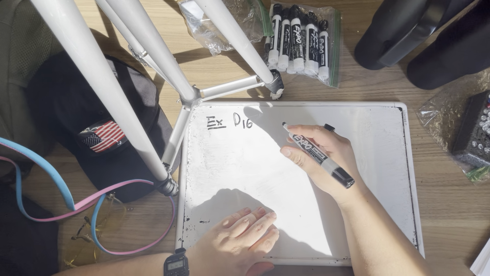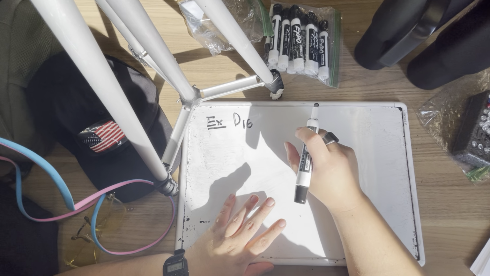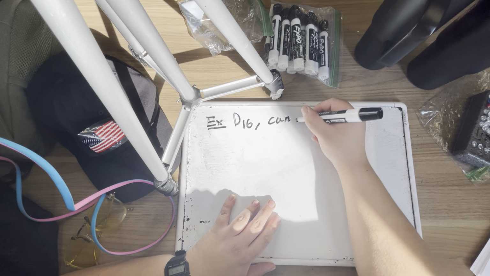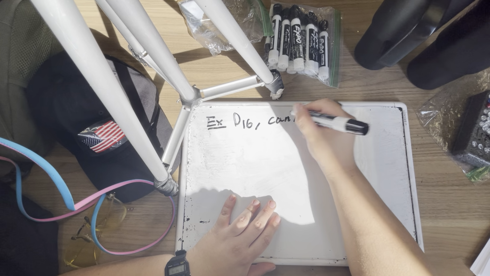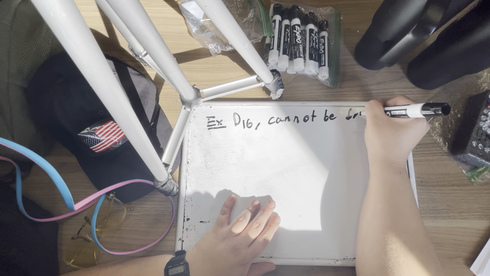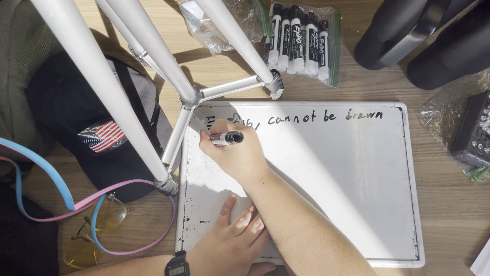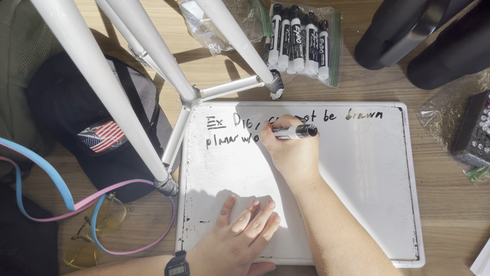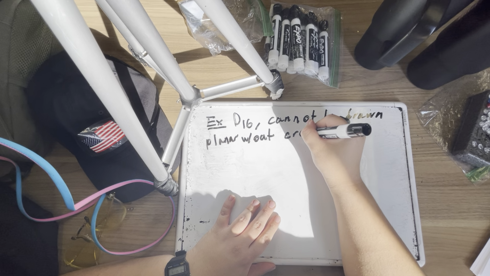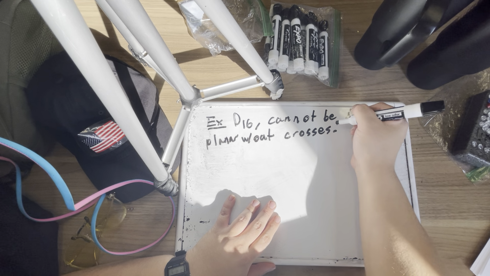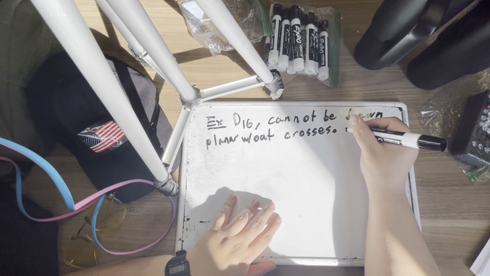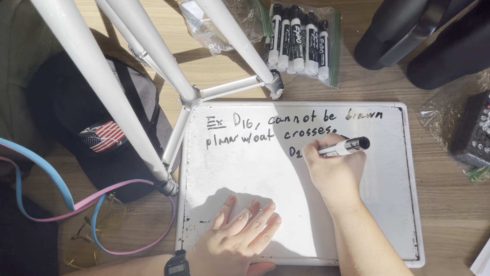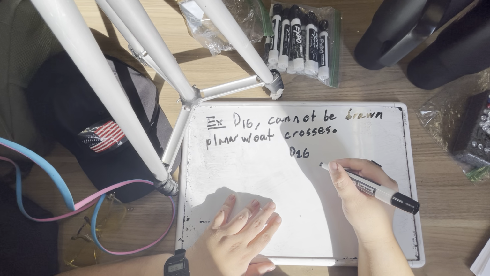Now, the lattice of subgroups of D sub 16 cannot be drawn planar without crossings. And you know, that's got to be one heck of a proof, right? I mean, you can just look at it, but it's not a proof. I mean, it used to be. So let's say you have D sub 16 up here.